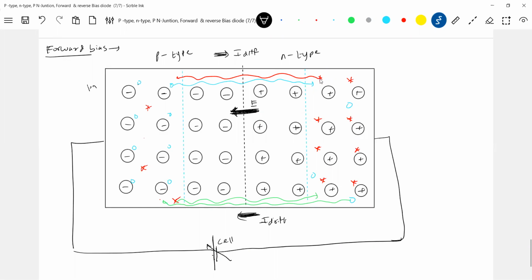So I'll give number 1: the most energetic majority carriers. What about 2? The 2 are not the most energetic majority carriers, but they'll get support from the cell. So they will also start moving. I think all the majority carriers I'll show with one red color. It'll be easy for us to do a comparison. Next, the one which got support. Okay, this 2, what happened? It got support. Similarly, this one.